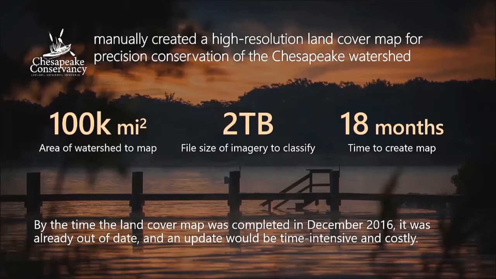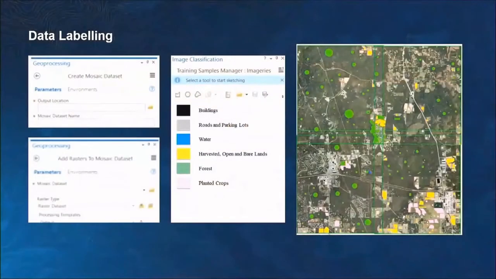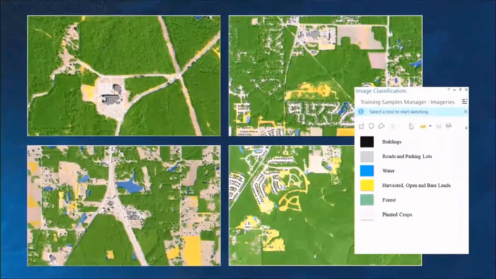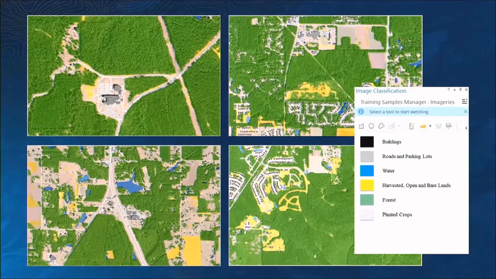As with object detection, the same tools would be used for creating training data and for training the model, with the notable exception that the model we select will be one that supports pixel classification, in this case, UNet. We would also run Export Training Data Using Deep Learning in order to convert these labels and imagery into a format that can be consumed by a deep learning model. Finally, at inference time, we can use the Classify Pixels Using Deep Learning tool, as opposed to the Detect Objects Using Deep Learning tool, which is used for object detection. In the output, we can see these beautifully classified rasters, and if you look closely, we can see that the model is even successful at identifying swimming pools as bodies of water.